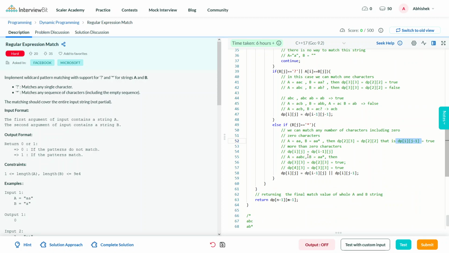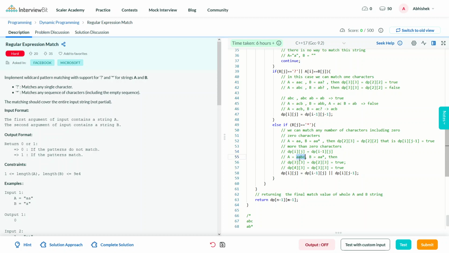And if we are matching more than 0 characters, that is 1, 2 or 3, then our dp[i][j] would be equal to dp[i-1][j]. How have we written this? Let's have a look at the example.